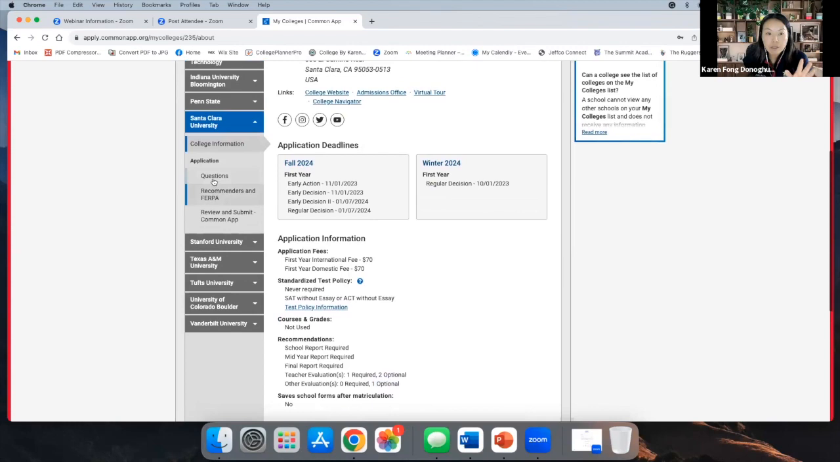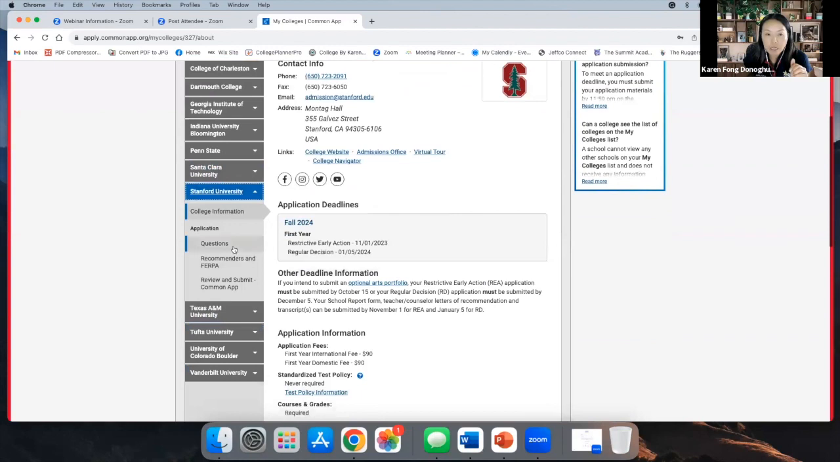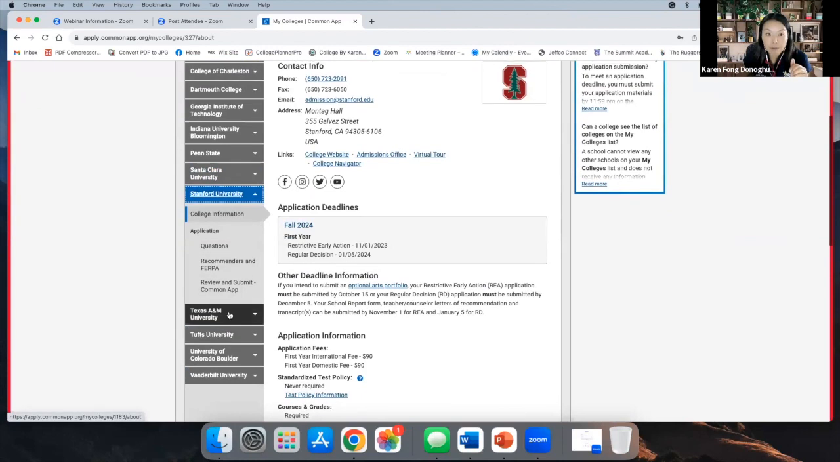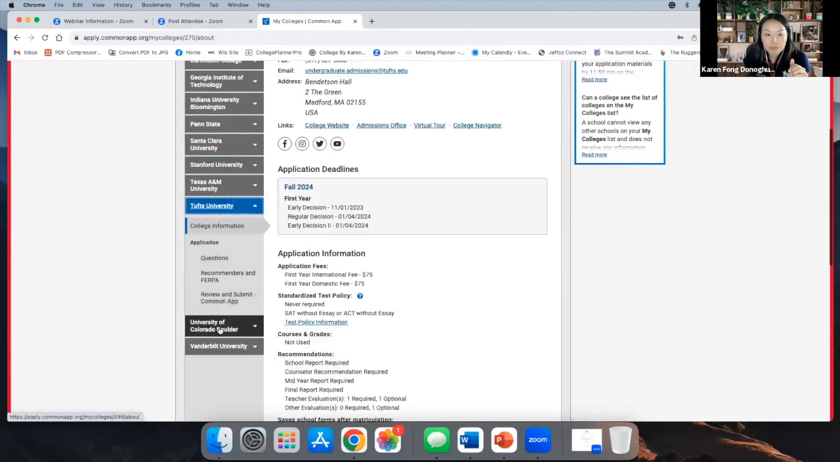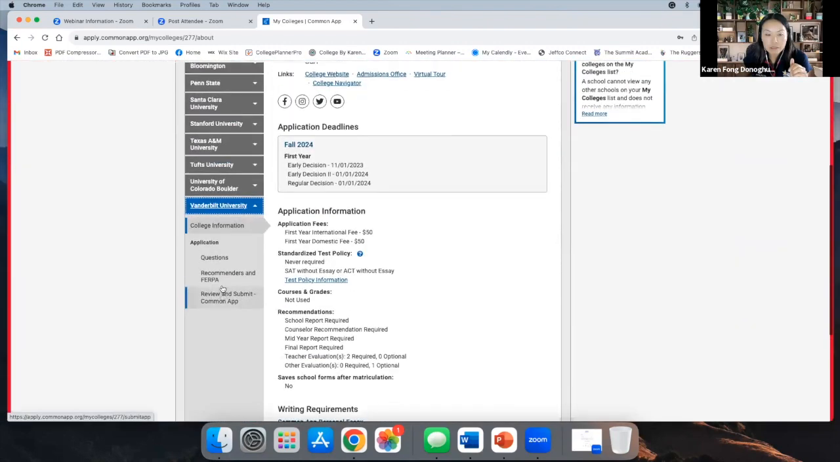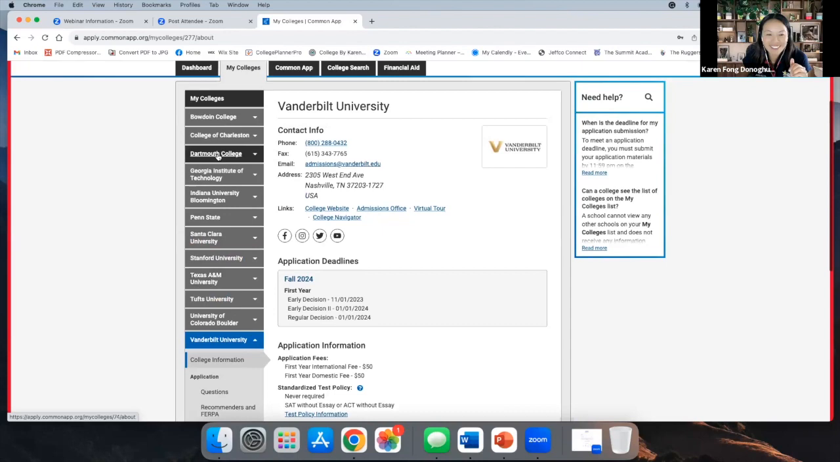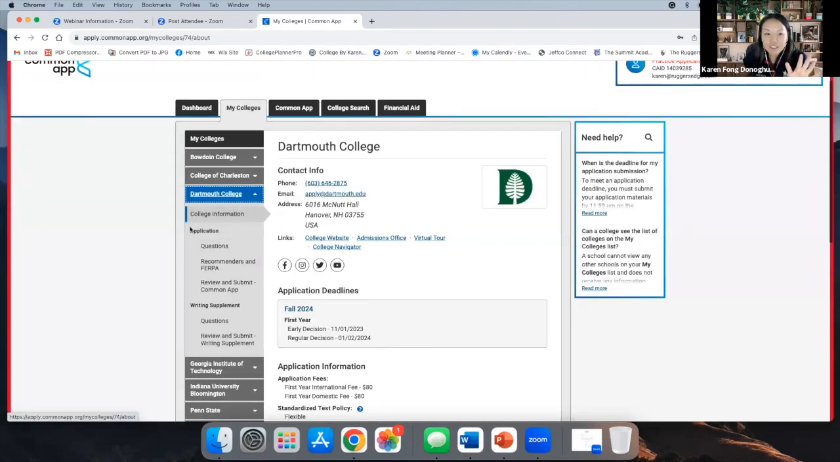You're going to see that some of the schools, for example, if I click on Stanford, it looks like there isn't a supplement. Let me see if I can find one that does show that there's a supplement. Of course, that one doesn't. Of course, the ones I'm trying to pull up. Here. Okay, so under Dartmouth, you can see here, it says application, questions, recommenders, review and submit, and then they